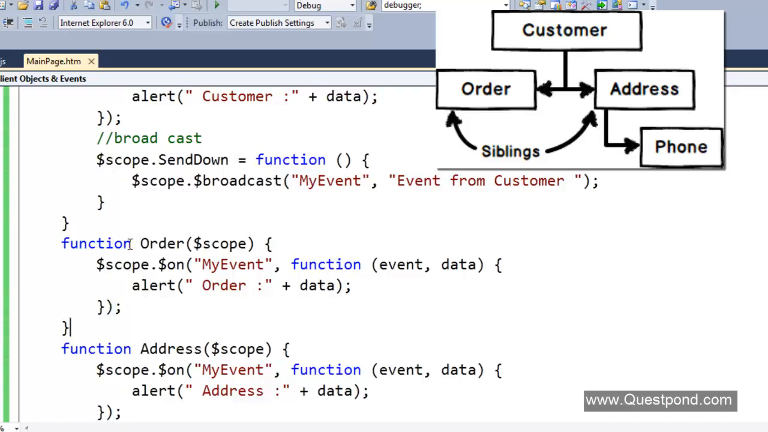Now, an order controller logically belongs to a customer. So basically you have customer, and then every customer has orders, right? While the address belongs to the customer. So customer has address, address has phones. So there is a nested hierarchy between customer, address and phone, and there is a nested hierarchy between customer and